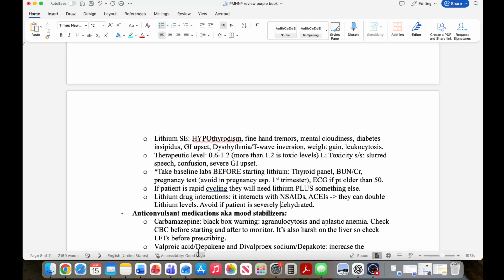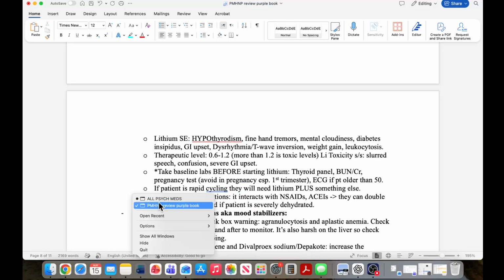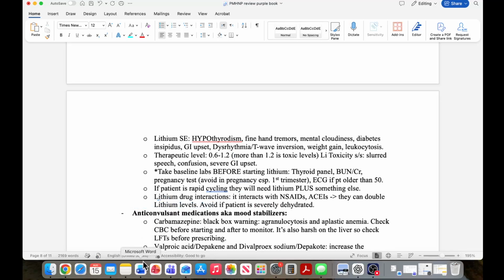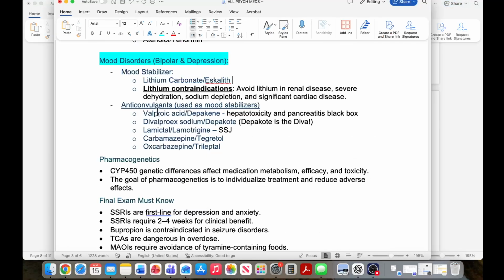We're not going to cause more harm, right? Okay, moving on. Let me see what else I wrote here. All right, yes, I did put, look at that, pancreatitis. The purple book didn't say anything about pancreatitis. So this was my way of remembering